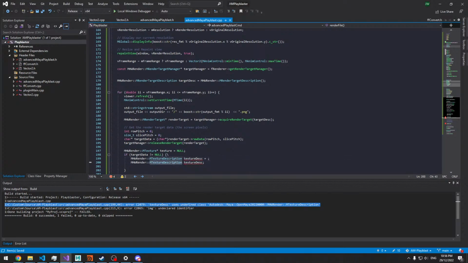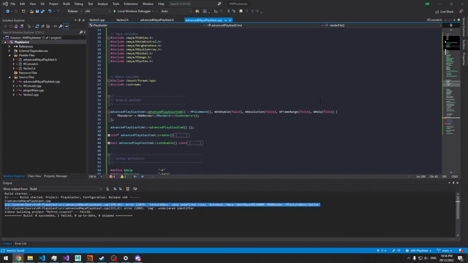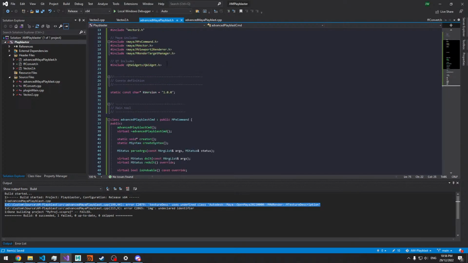Right then. We need to go here. Texture. Texture. Well, where is it? Well, M texture. It doesn't have M texture description though. Yes, it does. There it is. M texture description in the render. I even include